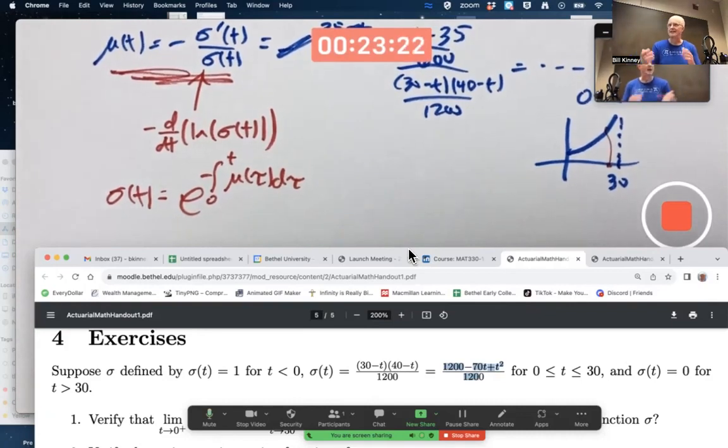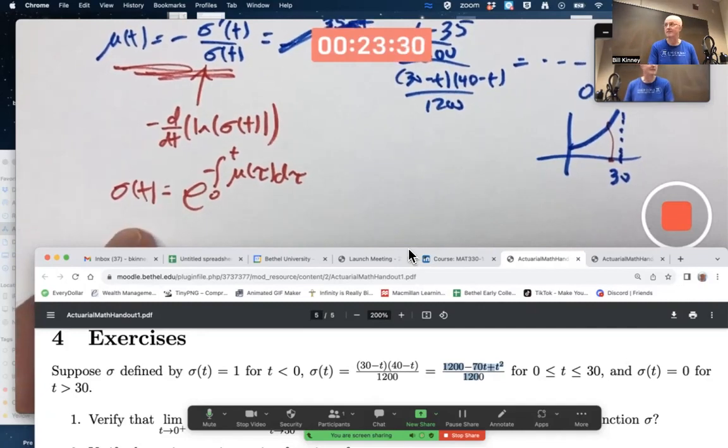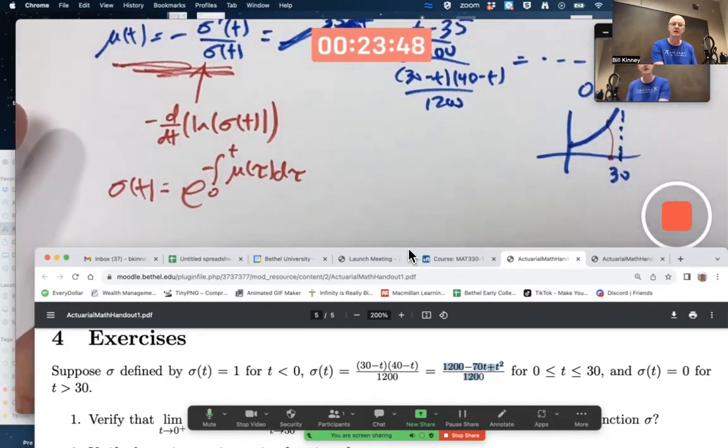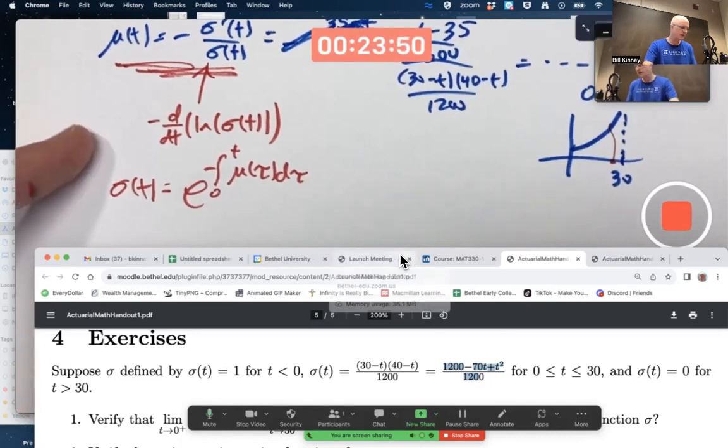Okay, so that's a common thing that actuaries do, they model with mu of t. And once you've got mu of t, you can figure out sigma of t, the survival function. 1 minus that is the CDF. The derivative of the CDF is the PDF, and you can go from there. We also, as always, talked about moments in these kinds of situations, first and second moments, and then using the second moment and the first moment to figure out the variance and standard deviation. And you have these formulas,